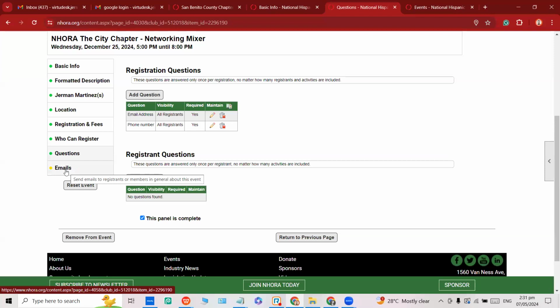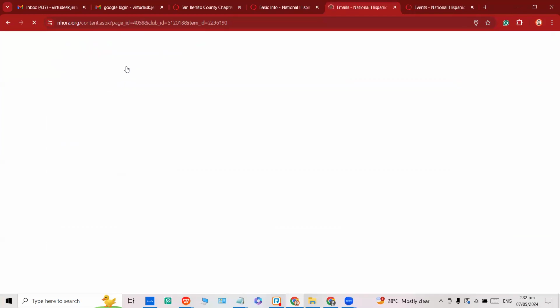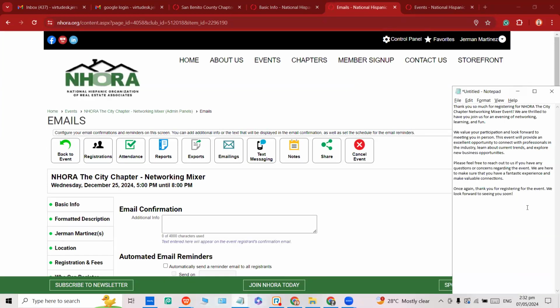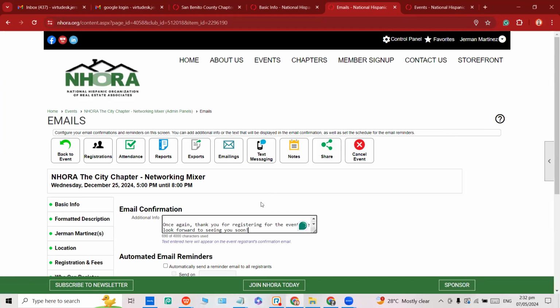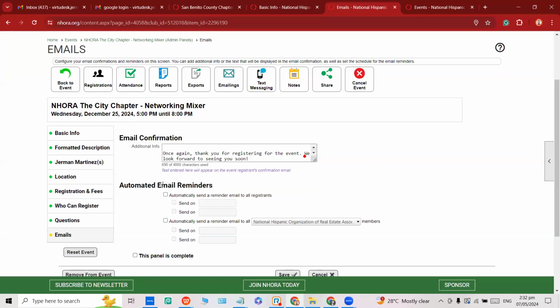Okay. And then for emails, click on the pencil icon and then just input some appreciation message. All right. For the automated reminders, okay, you can also set this up. So automatically send reminder. Normally we do this 1 day before the event or 2 days before the event. So click on that,